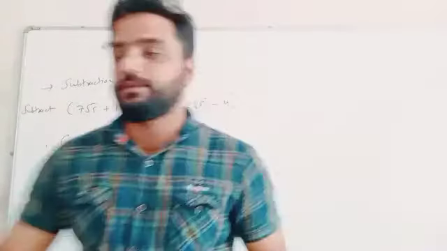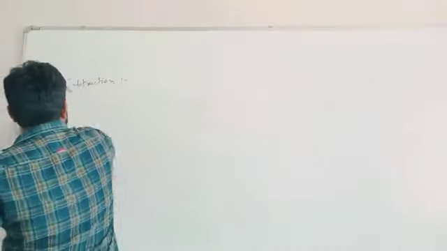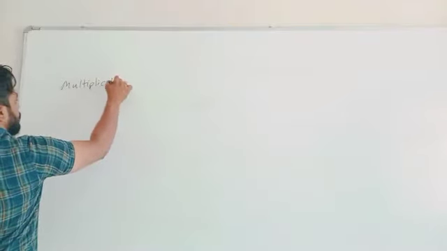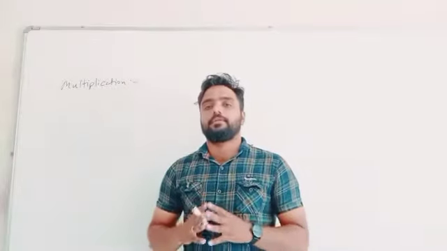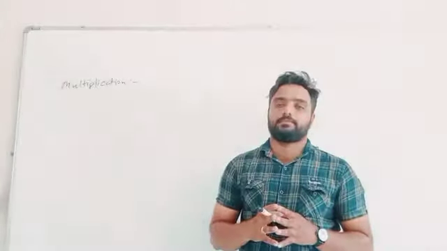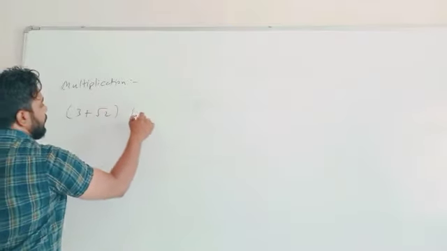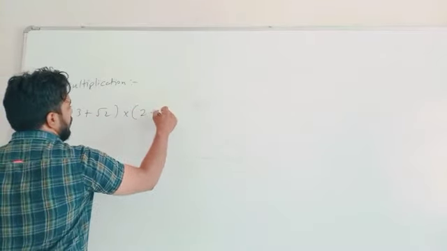Okay. Now proceeding further to the multiplication. Now while doing the multiplication, it's very easy, okay, but when two numbers are in the irrational form, how can you multiply both of them? Suppose I am writing here 3 plus root 2 and multiply it by 2 minus root 3.